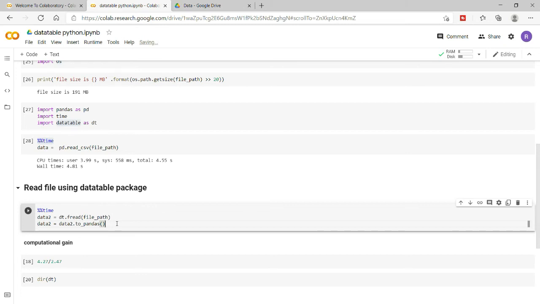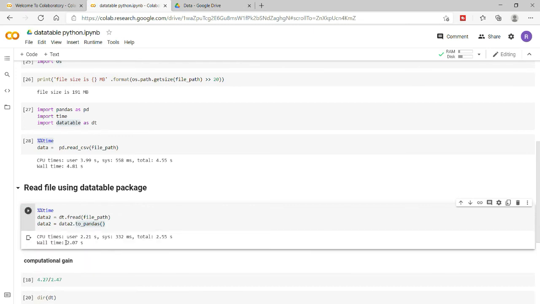For converting into a pandas data frame, you need to write this particular line of code, that is to_pandas. So we are running two things here, and we have to calculate the time for both. Let me run this cell, and you see that in 2.07 seconds it has read the file and converted it to pandas also. That is significant.